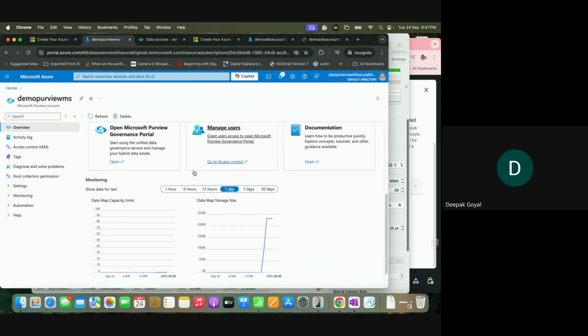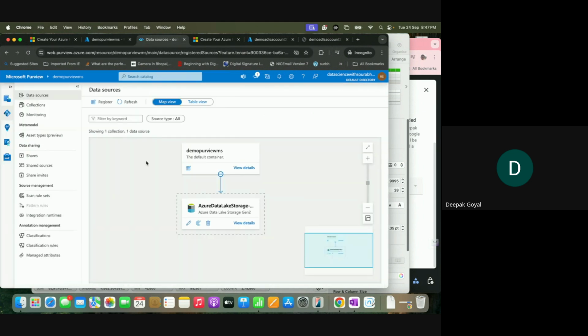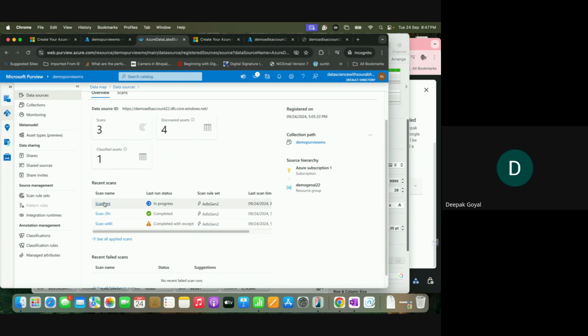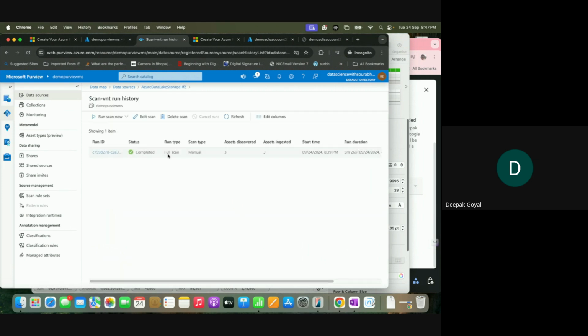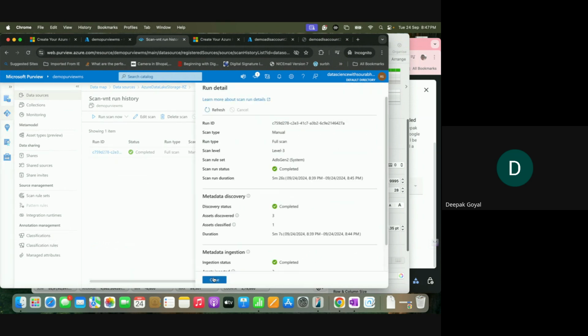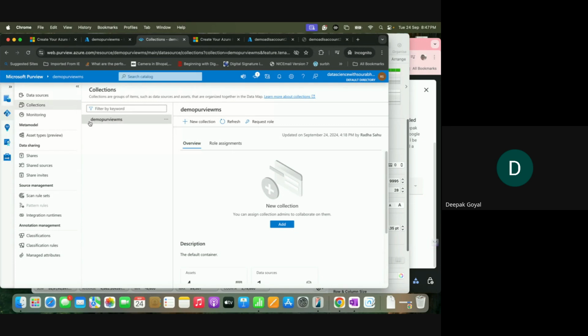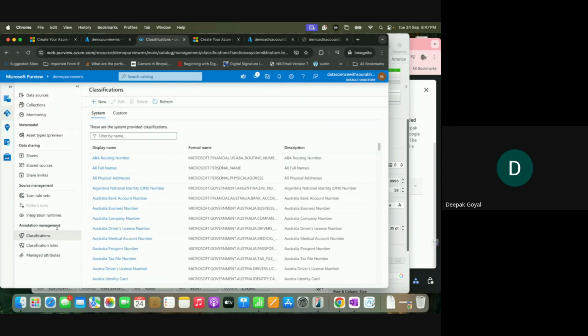Okay, so now here, this scan is still in progress, completed. Okay, so here you see that it has discovered 3 assets, and assets ingested 3. Now, where is